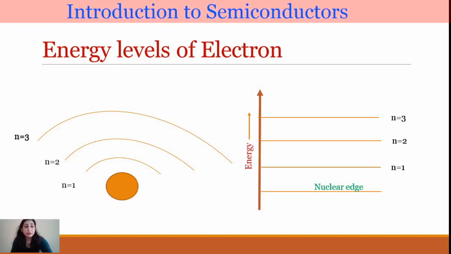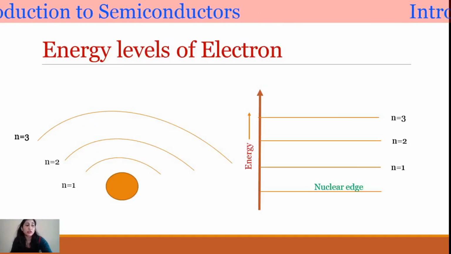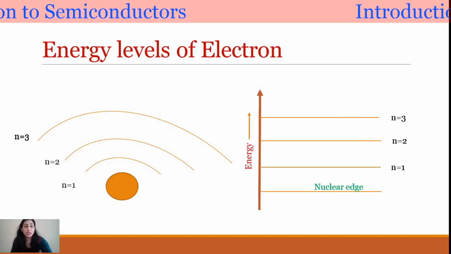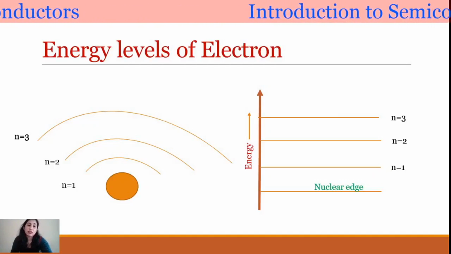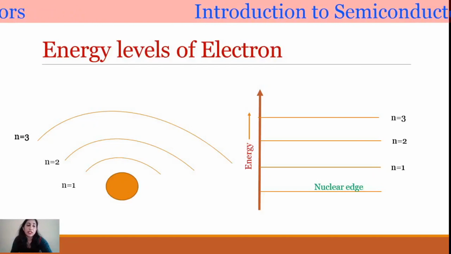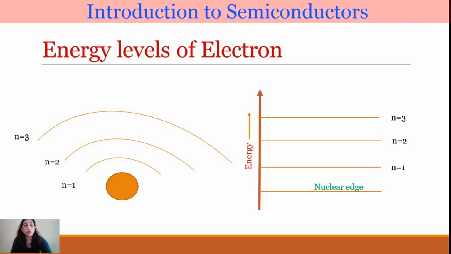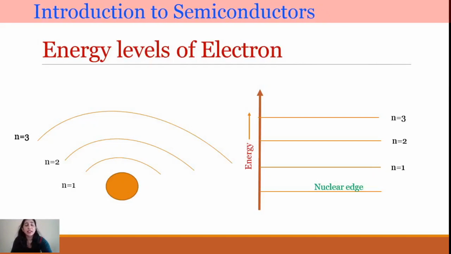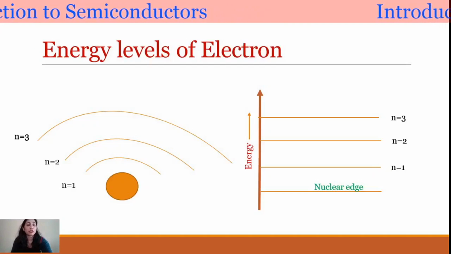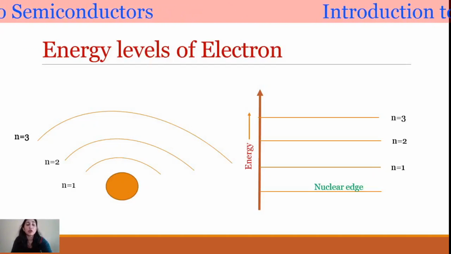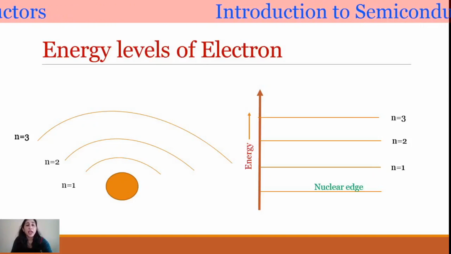Look, in any atom, as we go far from the nucleus, the energy of the orbit increases. The electron, which lies close to the nucleus, say in the first shell, is tightly bound to it and possesses a small amount of energy. On the other hand, if the orbit is lying far from the nucleus, then the electron in the outermost orbit is less bound to it and has greater energy.